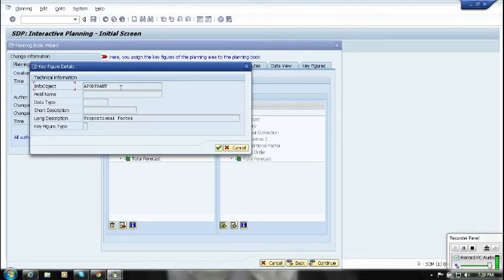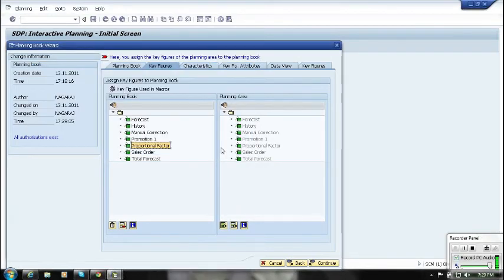The technical name of this key figure is APODPDANT. By selecting the proportions, we are getting this one, and this aggregation and disaggregation will be covered with the proportional factors. Anyway, I will take a separate session for proportional factors. I will cover this one at that time. It will take 1 hour again.